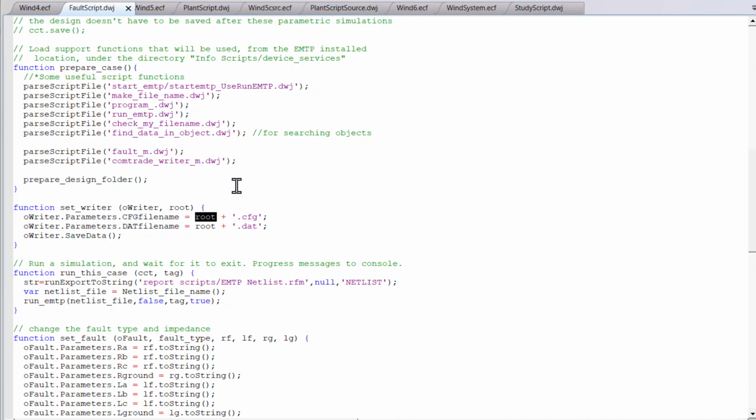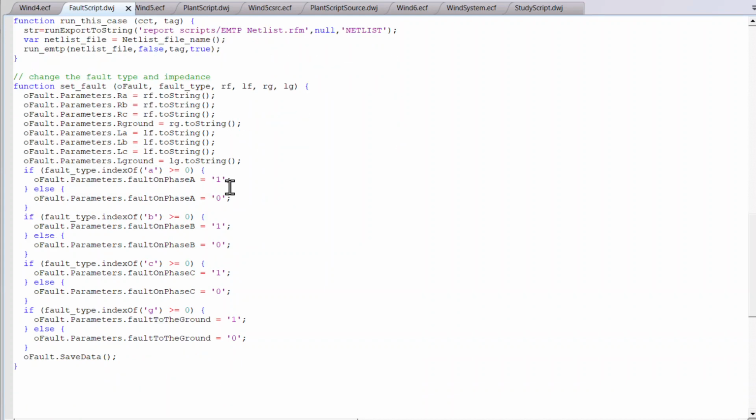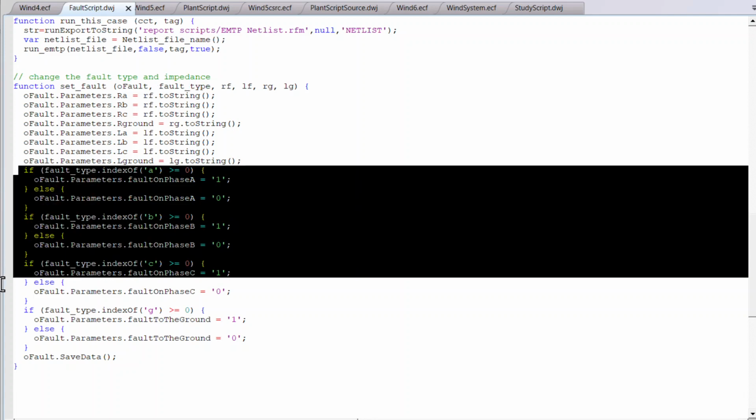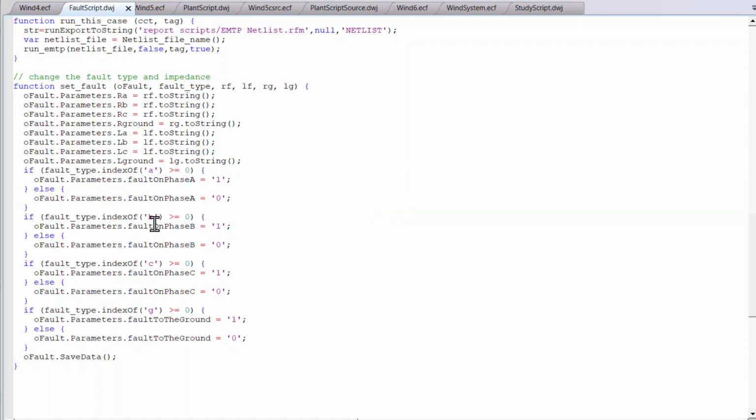So the root is going to be, for example, that ABCG80. A more complicated function sets the fault parameters. I'm getting a fault type, for example, and just imagine that has ABCG80 in it. So down here, this set of if-else statements: if I find A, B, C, or G in that name, then